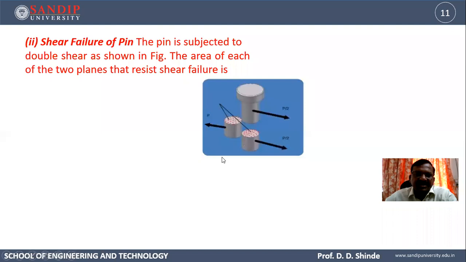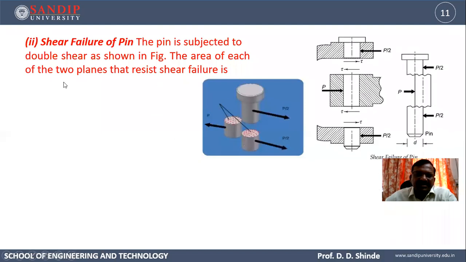Then the second one is the shear failure of the pin. The pin is subjected to double shear. You can see that this central portion is the eye, and in the fork it is like a double eye, the top portion and bottom portion. So even if you insert a pin in this, and you are giving the tensile force on both sides, the central portion of the pin will move out. If I assume that the pin is failing, it is of soft material, so the central portion of the pin will move out with the eye, and the top and bottom portions of the pin will be in the fork, and will move out with the fork. So the pin will be split into three parts. So it consists of double shear.